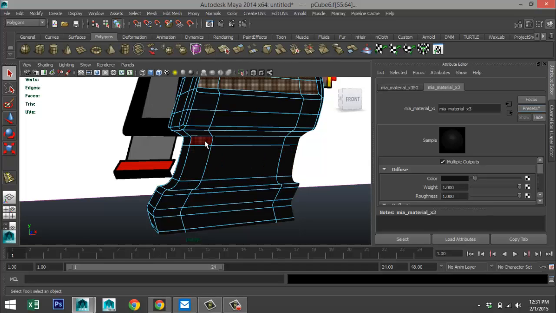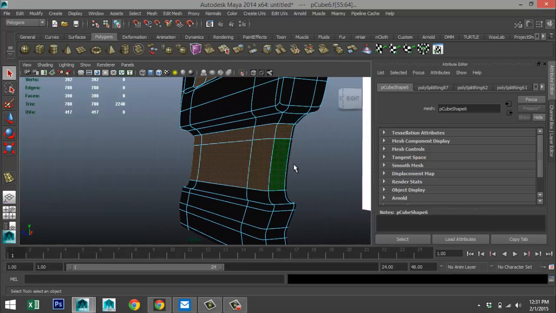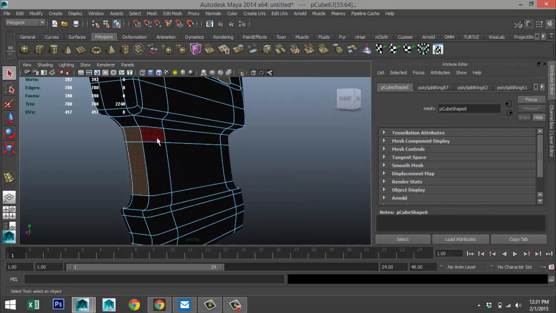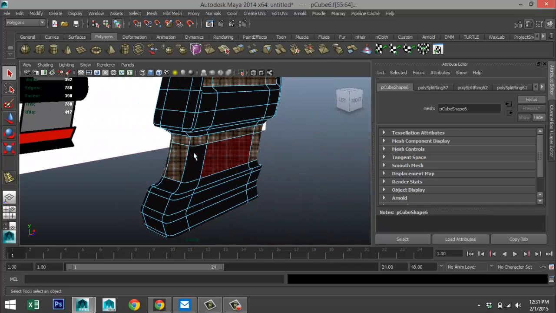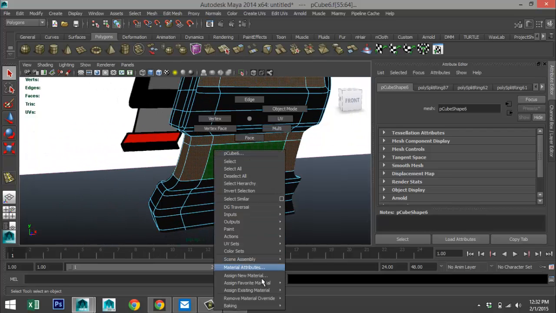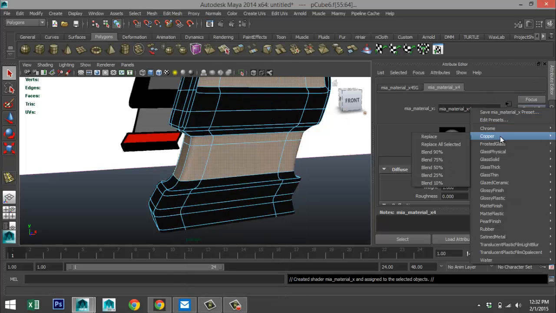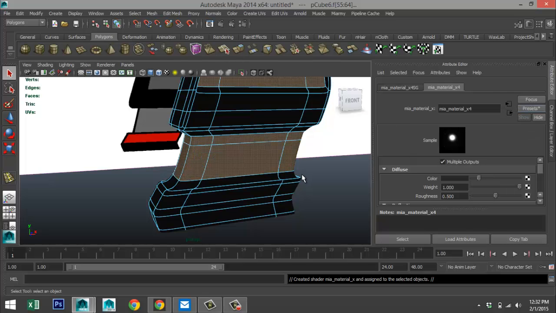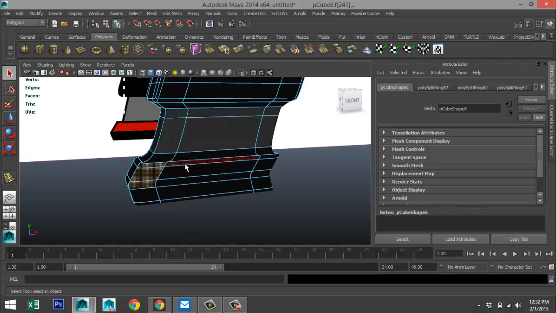We'll do that, looks all right. Right click, assign new material, and again, presets, Chrome, replace, and finally we'll do this section here.